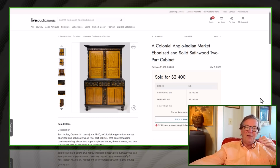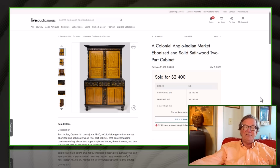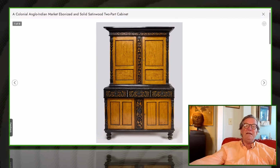If you went into a good store, if you went to a cabinet maker and said, make me this, he'd charge you $30,000 for it or more in this quality, because the carving on it would take forever to do, and then finish it. Just an absolutely great deal. Beautiful piece of furniture. And then hopping along over to